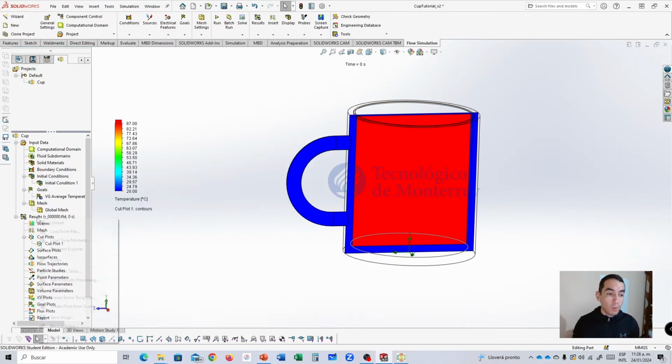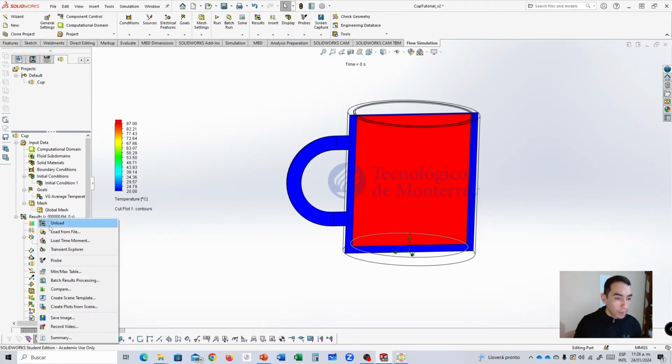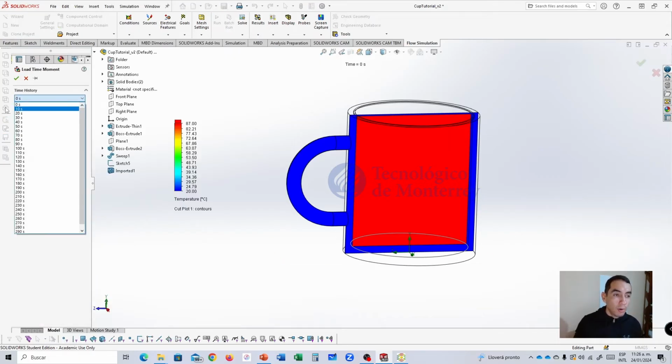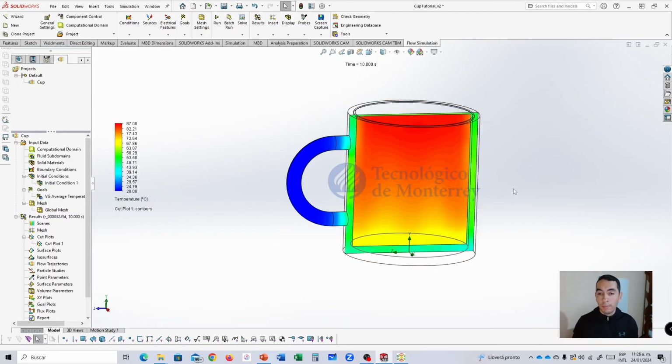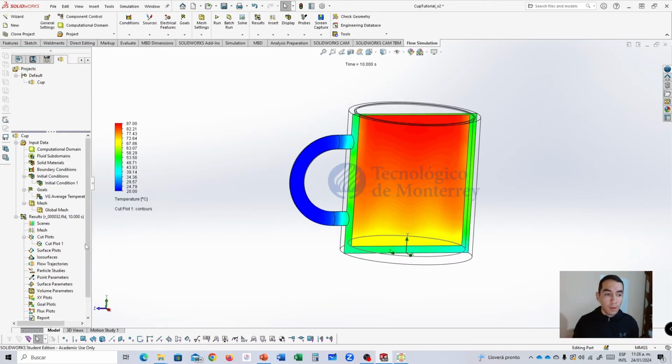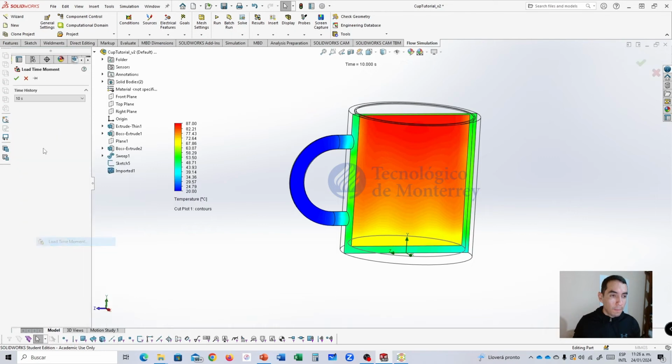Okay? If you want to visualize any other time step, you go to Results, right-click on it, Load Time Moment, and I want to visualize, for example, 10 seconds. And you're going to observe this. For 20 seconds,